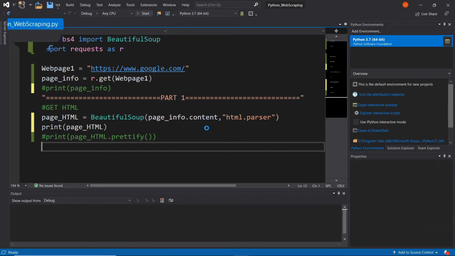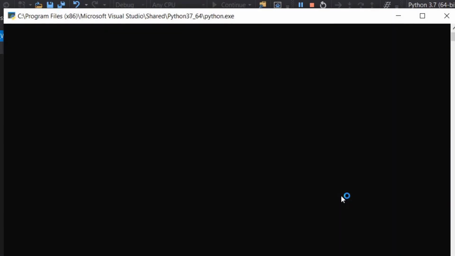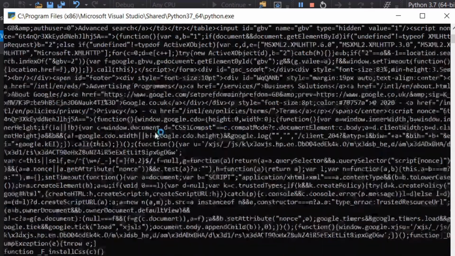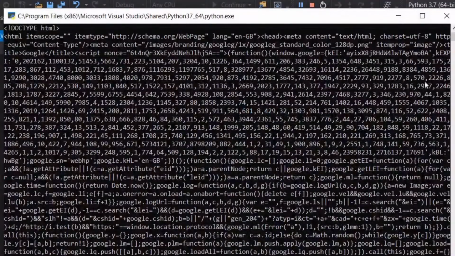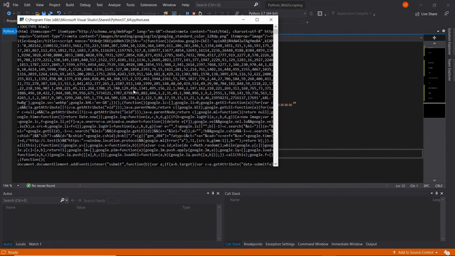So we can run it. And notice here that we get the HTML code from Google. So this is google.com HTML code. And this is a bit of a dump. It looks quite messy. It's very difficult to read, but the information is there, but it's not very legible. So we can actually improve on that